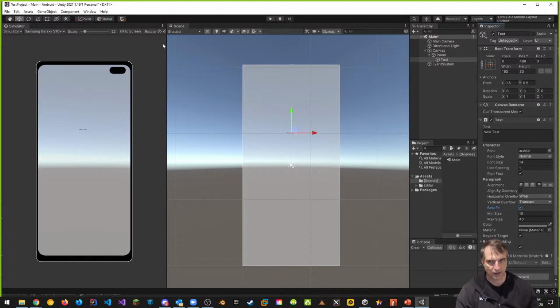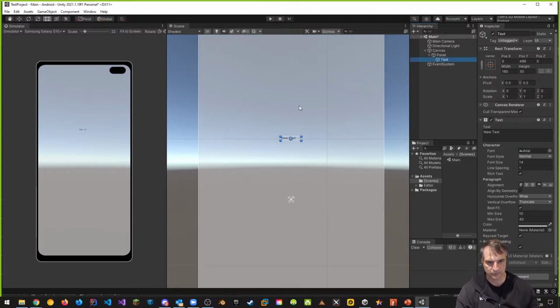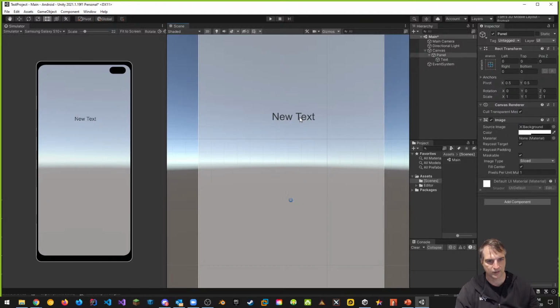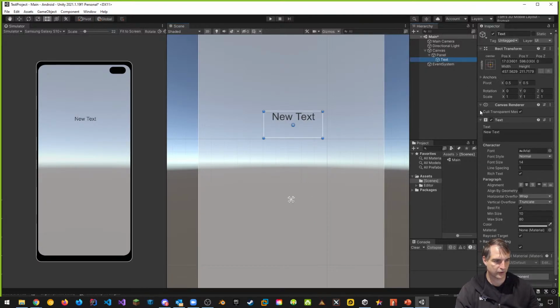So here's this, and I want to expand this item, the text item. I want to make it bigger, and you can see that as I make this bigger, it will expand. If it's not enough, you can increase the size. So let's say, for example, I want to make it 80. You can see that that automatically changes the size of my text to the maximum. This is just a simple label, and I can make this text say, welcome to my game, something silly and stupid, but I want to be able to use this as a way of